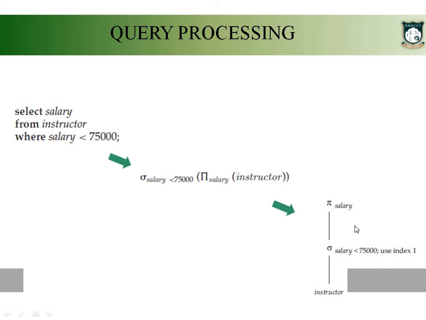Now this internal representation is passed to the optimizer. What the optimizer will be doing is identifying all the equivalent algebraic expressions which are going to give the same result. So instead of performing projection first, you can perform the selection first, then the projection. Like that, the given expression can be evaluated in different ways. You can receive the same result from different expressions also. So the query optimizer will be identifying all the equivalent formats.